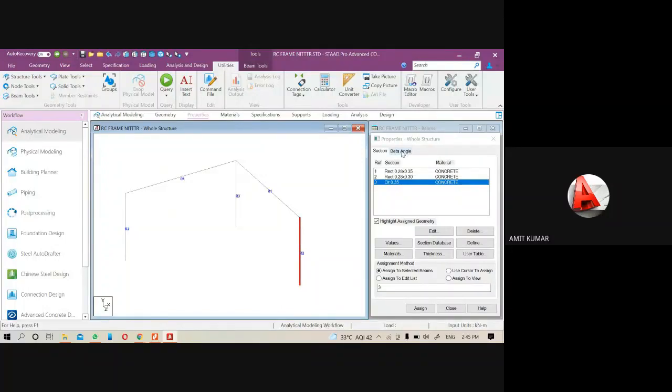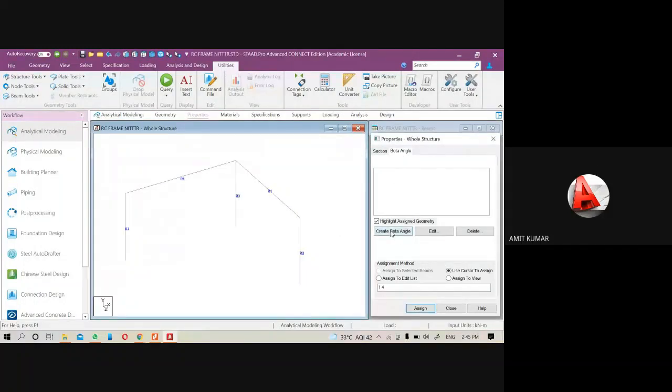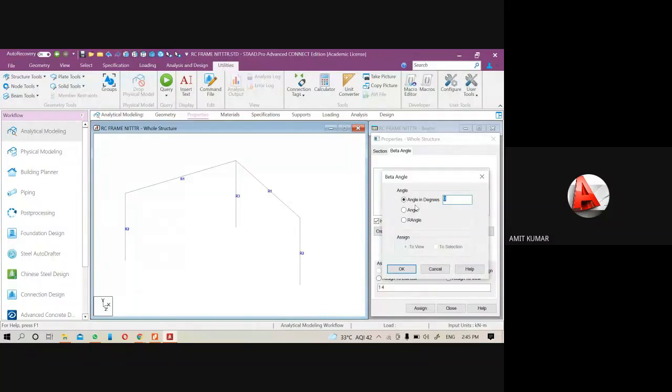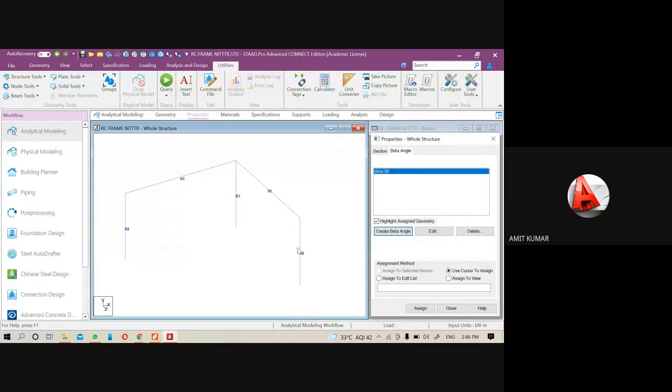So go to the beta angle and create the beta angle. I give the value 90°. Okay, and this beta angle will be assigned to this beam. So just select this column and assign to the selected beam option and click on the assign. So it has been rotated at a degree of 90° angle.